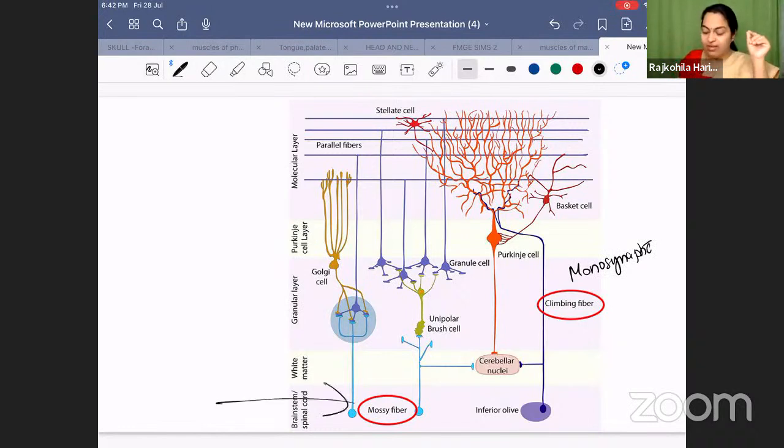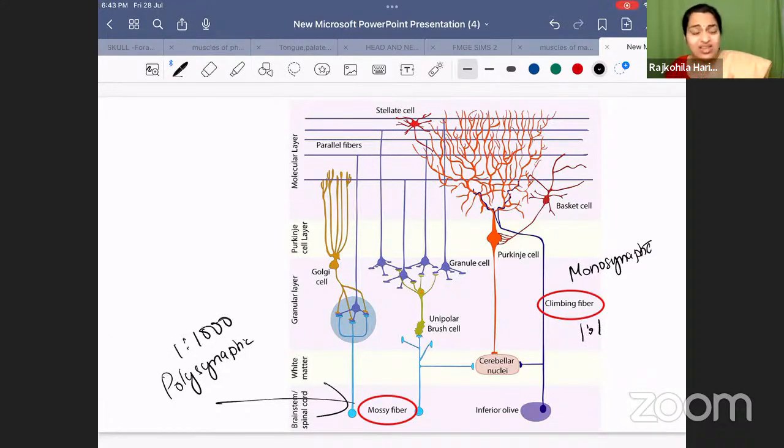Whereas the mossy fibers, through the granule and Golgi cells, can act over many Purkinje cells through the granule cells. It makes polysynaptic contact with the Purkinje cell. Climbing fibers, 1:1 ratio. Here, more than one mossy fiber can act over thousands of Purkinje cells, right? Now, the other thing, the afferents coming, climbing and mossy fiber, are going to synapse